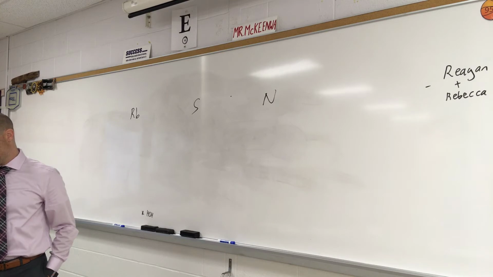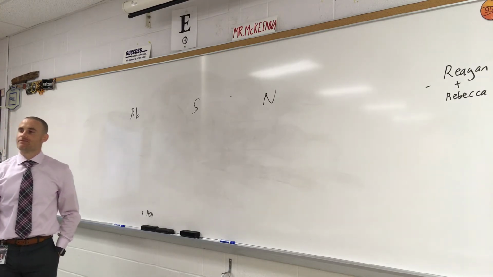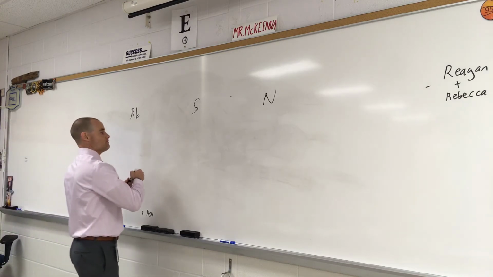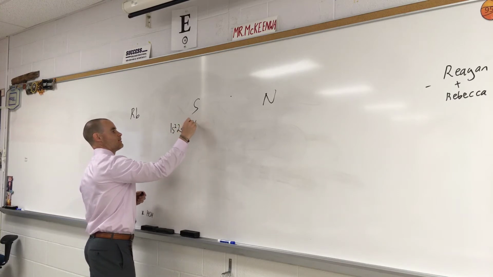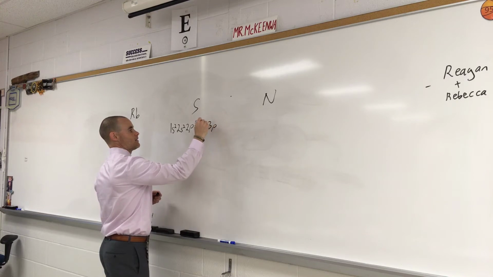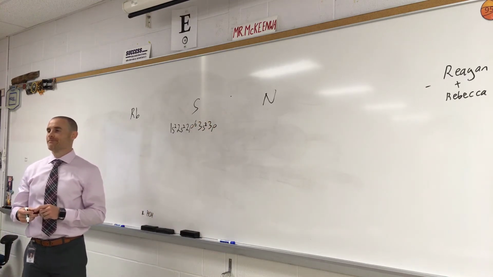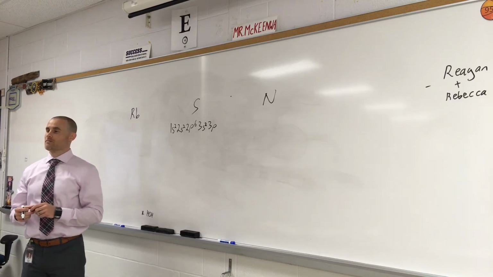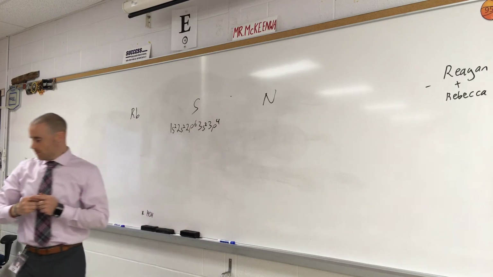Okay. Cal, which one do you want to give me? Sulfur, go ahead. 1s2, 2s2, 2p6, 3s2, 3p6. Add up all your little numbers. That adds up to 16. Oh, 4. Very good. Now, but again, you guys,